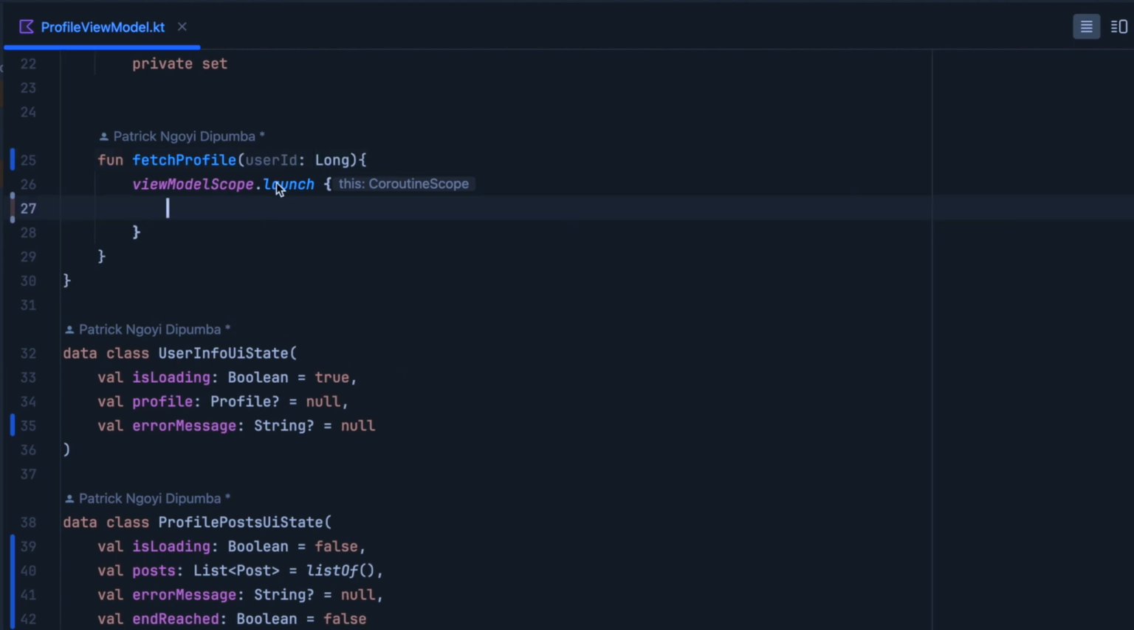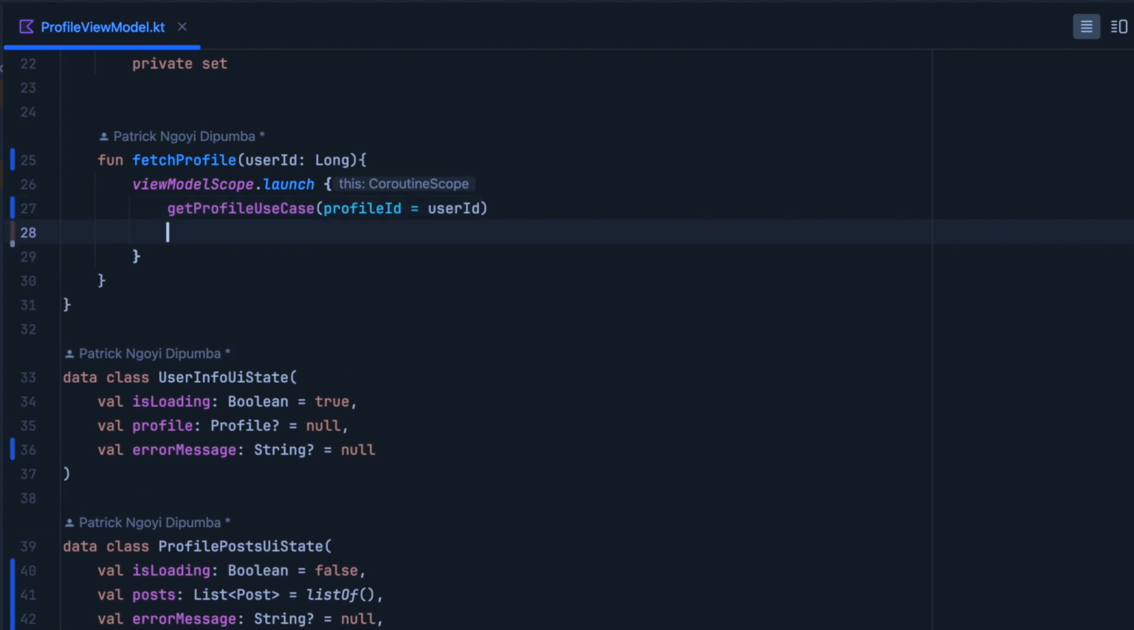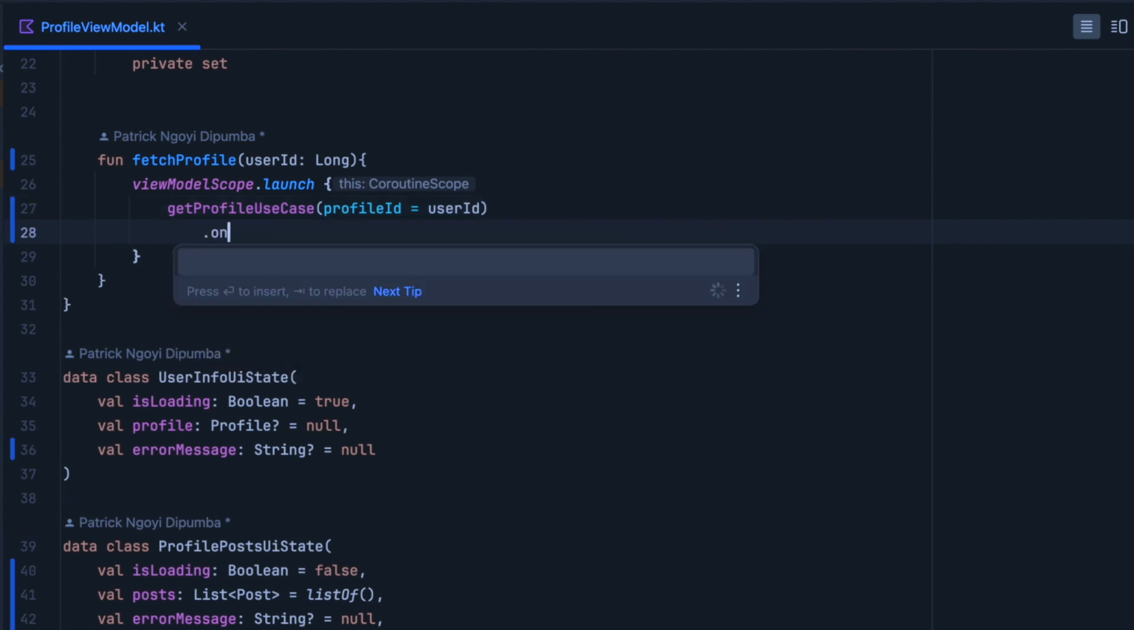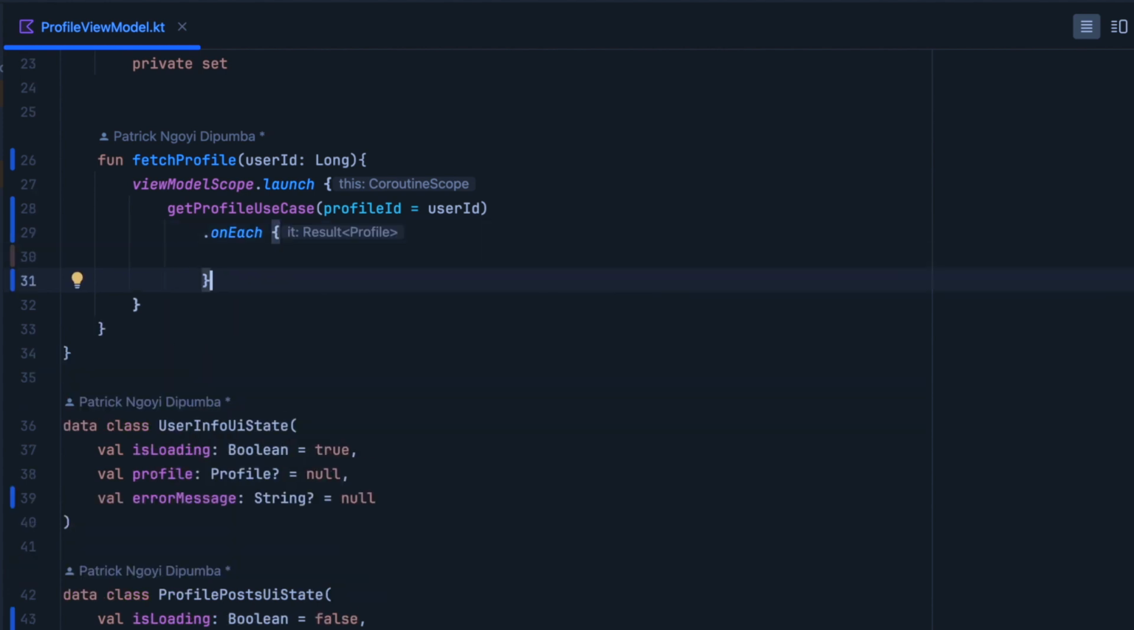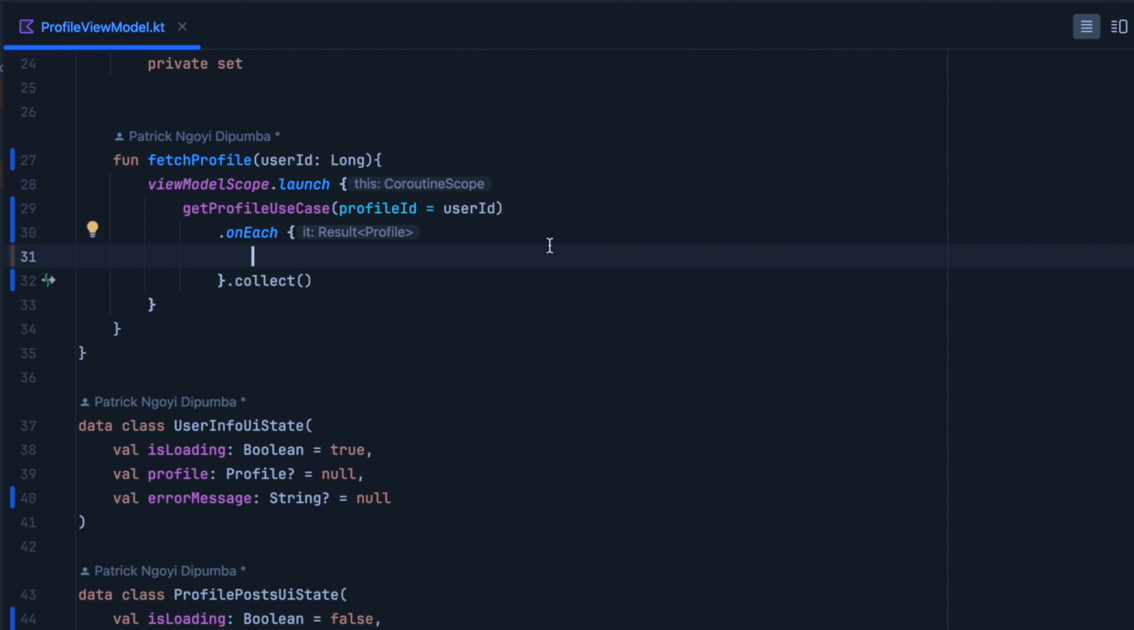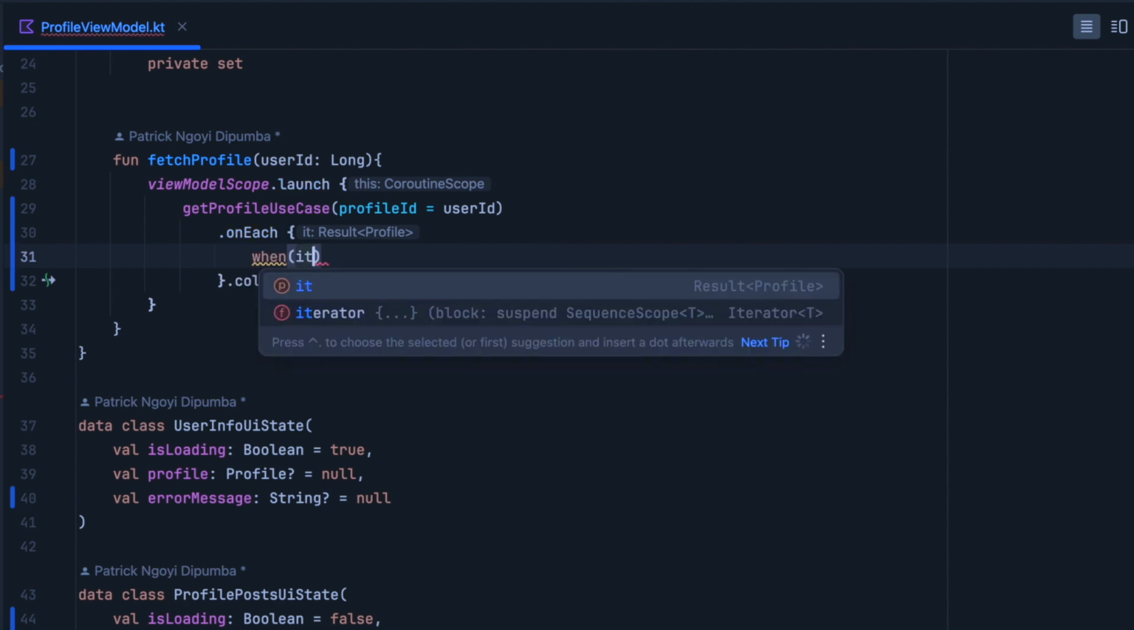Now inside this launched coroutine, we are going to call get profile use case, and for the profile ID we will pass user ID. Now since this is returning a flow, we will call the intermediate operator onEach. Then we can call collect. Now inside here we will have a result of type profile, so we can use our when expression to check